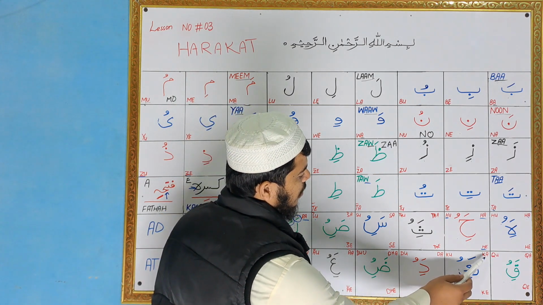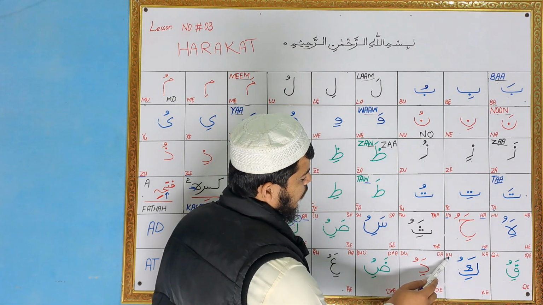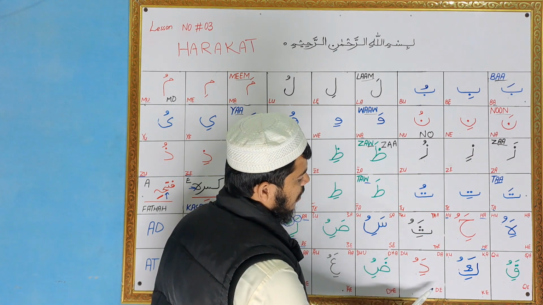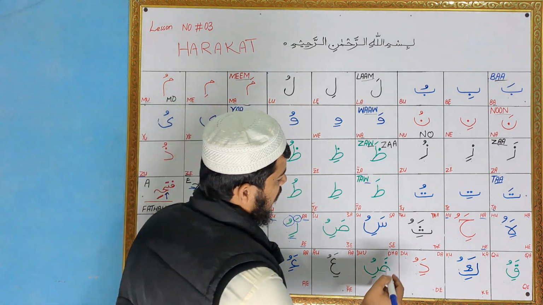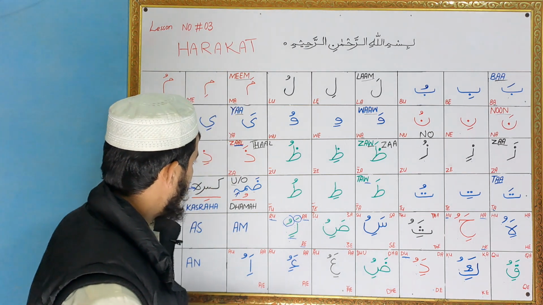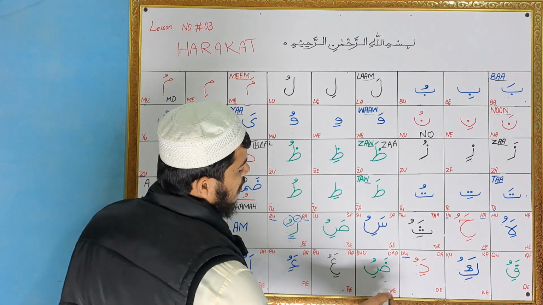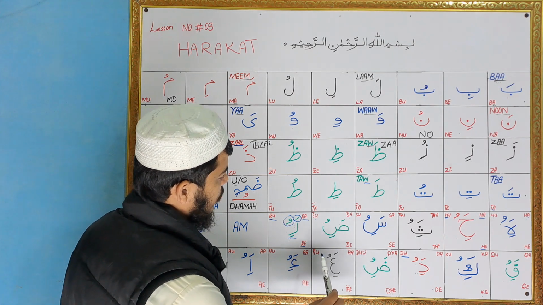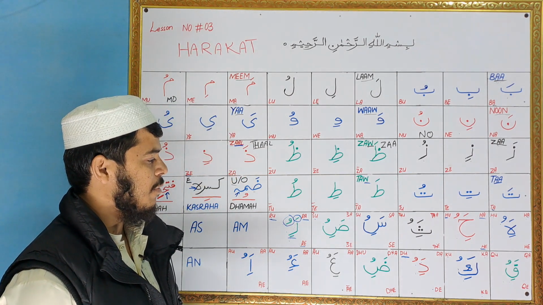Kaf fatha, ka, kaf kasra, ki, kaf dhamma, ku. Dal fatha, da, dal kasra, di, dal dhamma, du. So you can say this letter is with D sound, and the letter dod, this letter is also D sound. These two letters are not similar at all, but I have mentioned both together. Try to write all the similar sounds together so that you have more idea what type of difference